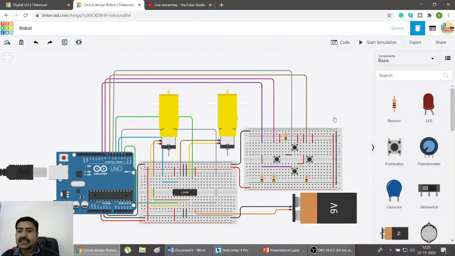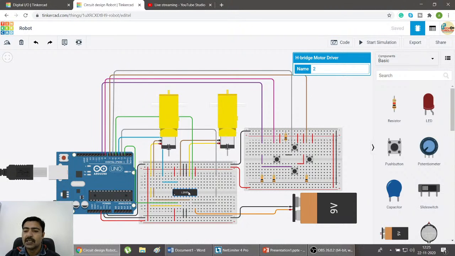And how are we accomplishing this movement of the robot? With the help of switches: a forward switch, backward switch, left switch and right switch, we will be moving our robot in forward, reverse, left and right directions. As you are seeing on the screen, we have used two DC motors, which are geared ones. And we have used one IC which we discussed in our previous session, the motor driver IC. We have used four push buttons to